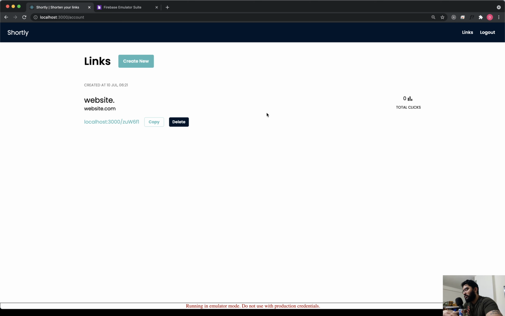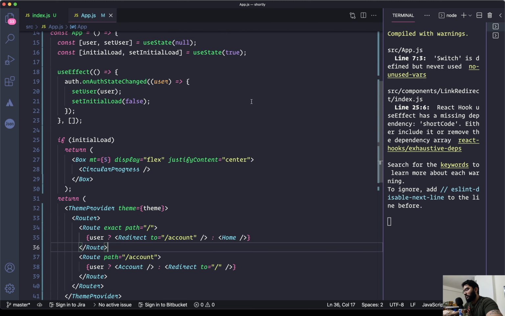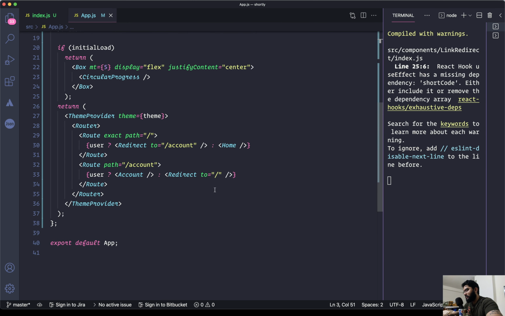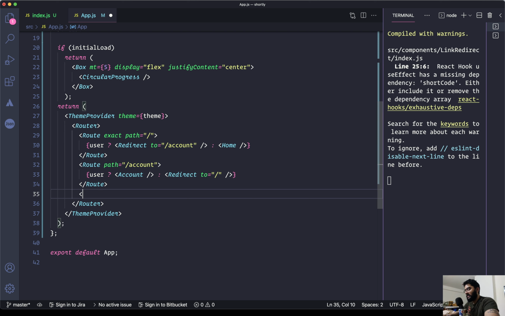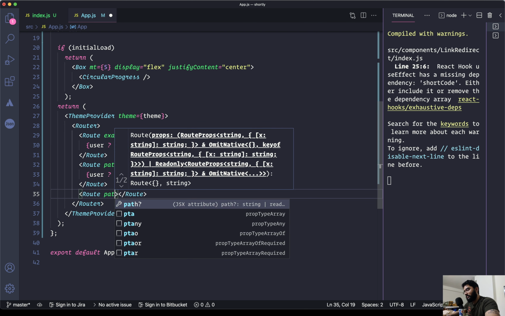So for that, we do need to have a route in our application which takes care of the entire thing. So let's do that. Now within the app component in our project, we will be adding in a route, as that's where we have the router and the different routes. So we will be adding one more at the very end, and the path that we need to target is going to be